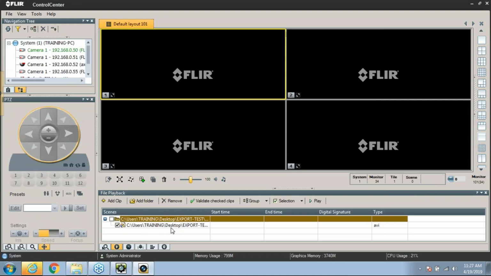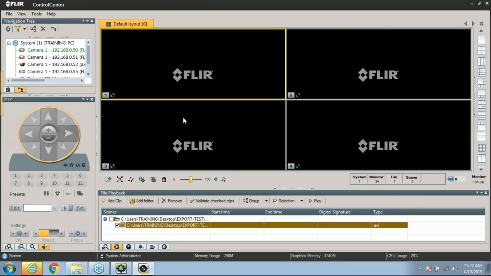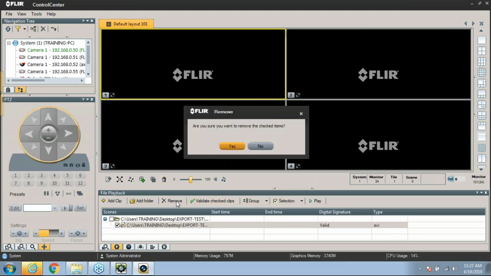And all we're trying to do is prove that the checksum file itself still resides in that folder and nothing has been tampered with. Now, if I double click this and try to bring it in here, that will fail because this is an AVI file and Control Center cannot do that. But what it can do is validate to make sure the checksum has not been tampered with, and you can see it is now valid. Now, this is the AVI file, so what we can do to invalidate that, let's go ahead and remove this first,